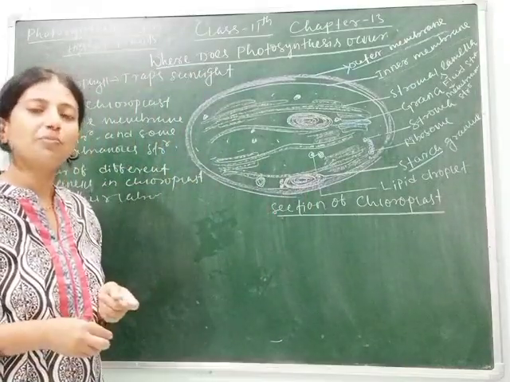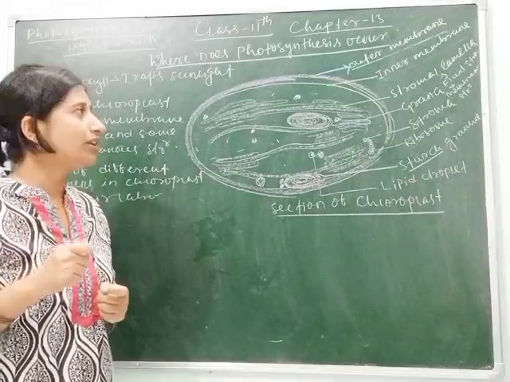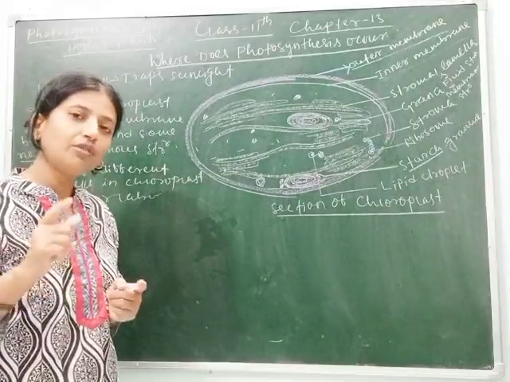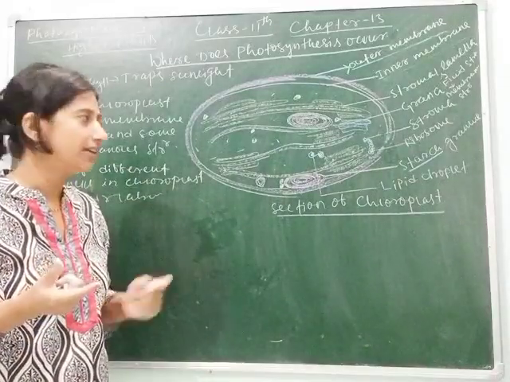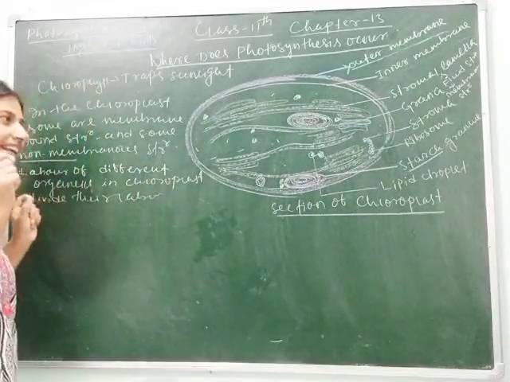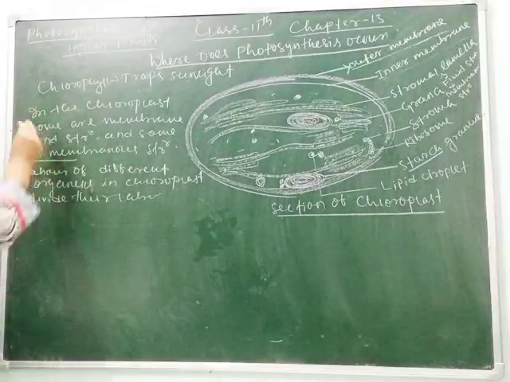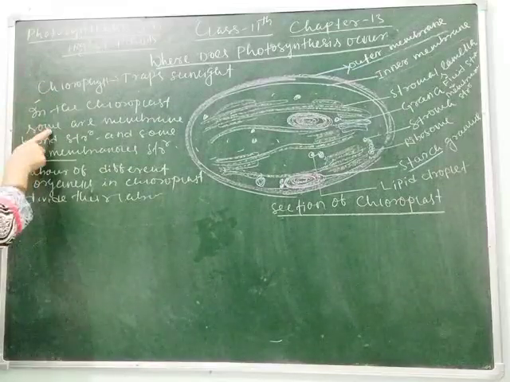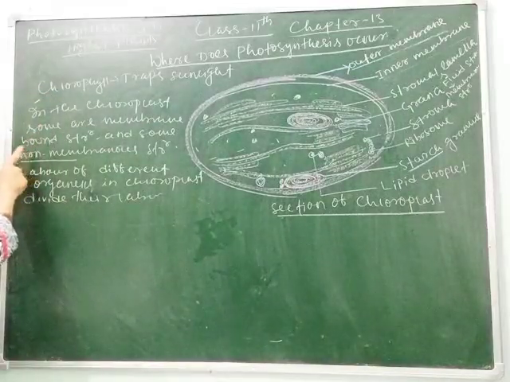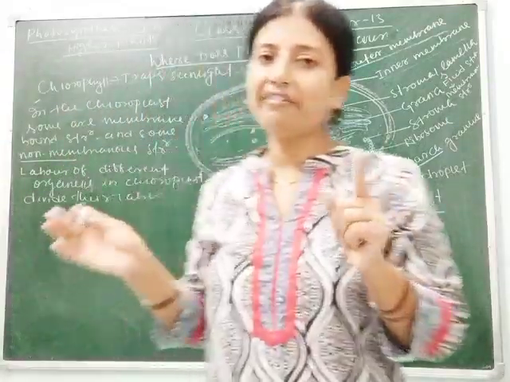Students, this is the most important chapter. That's why I am explaining you very slowly and elaborately. If you do not watch this video, then you will not understand what you are studying. So you have to understand each and every term that I am telling you now. I have told you here chlorophyll, then some are membrane bound structure and some are non-membrane bound structure whose function is clearly distinctive or divisible.